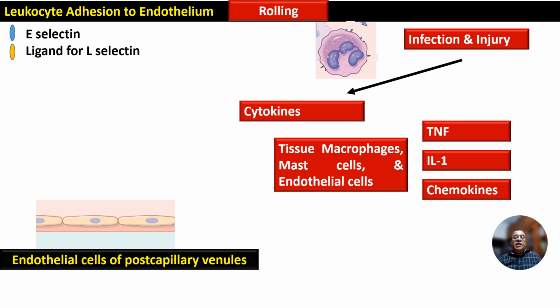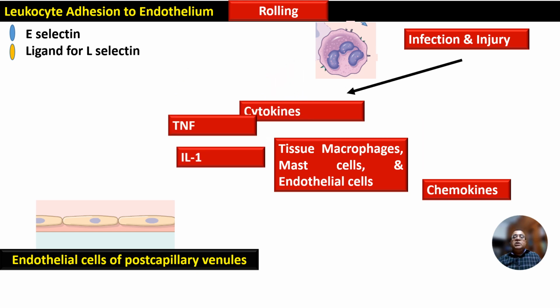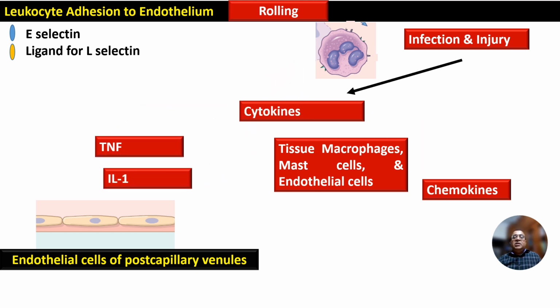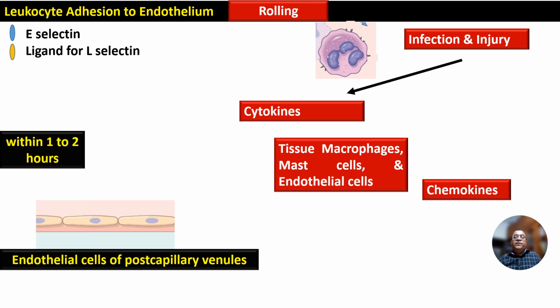Then, especially the endothelial cells of post-capillary venules are affected or prepared by TNF, tumor necrosis factor, and interleukin 1 within 1 to 2 hours, and on the endothelial surface, E-selectin and ligand for L-selectins, leukocyte selectins, are